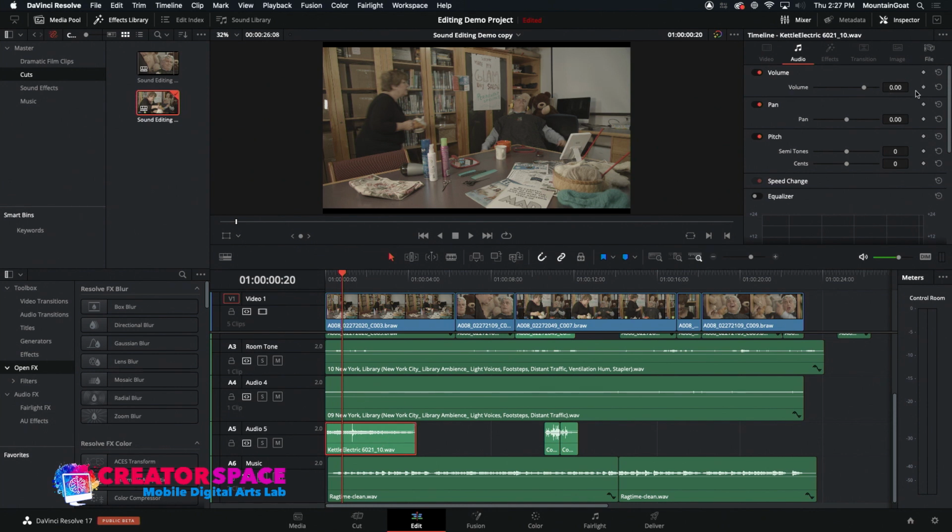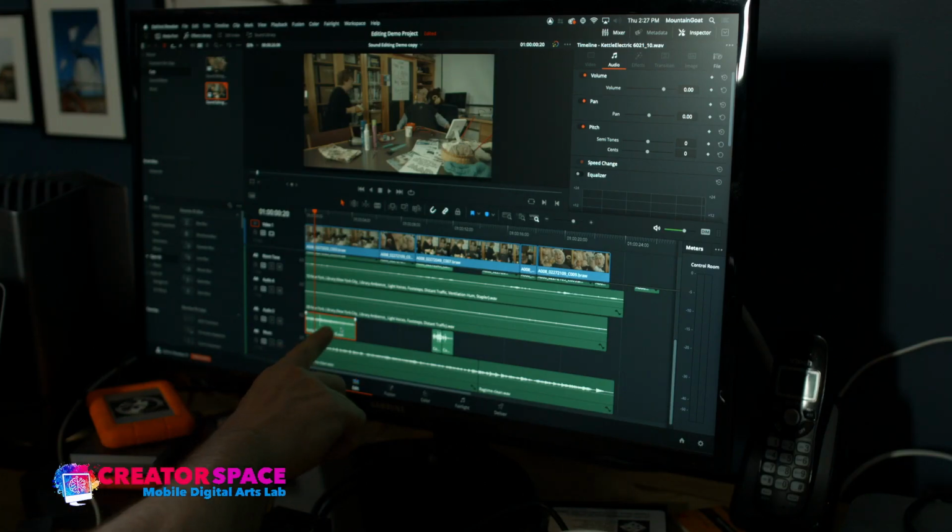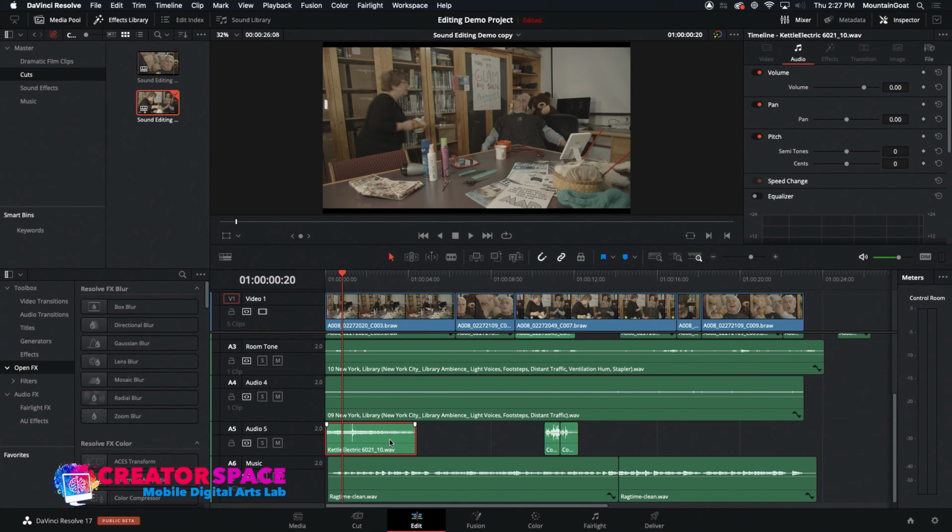What I'll do now is look at adding keyframes. I'm going to click on the part that I want to highlight. So I clicked on that particular box. Now it's selected, and here's my volume. It's just at 0, so I've done nothing with it. Now I'm going to hit a keyframe. You can see a keyframe has been added. Then I'm going to scroll back to the beginning and put a keyframe. And then I'm going to lower this keyframe down, and now it's creating a fade in